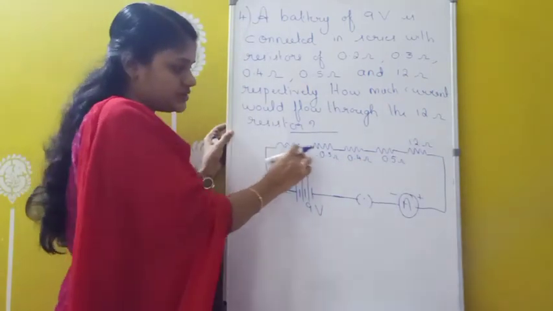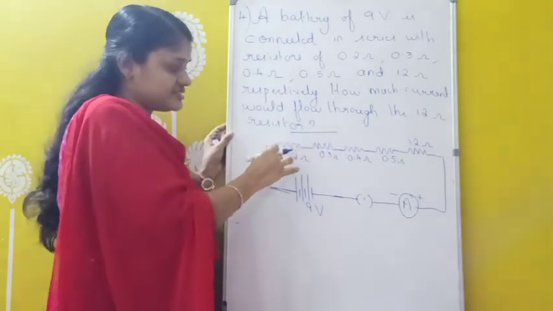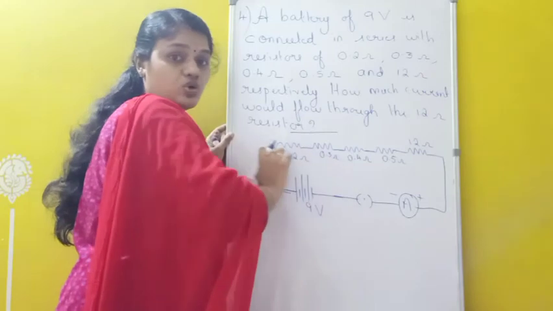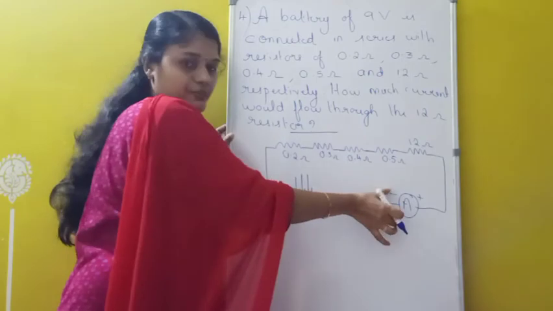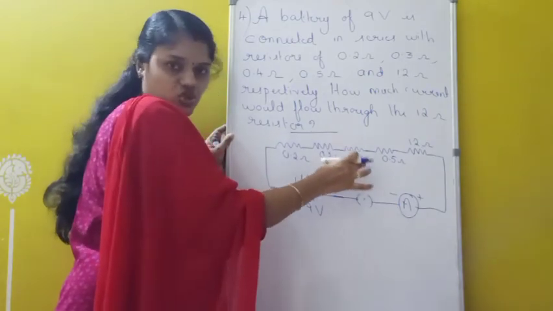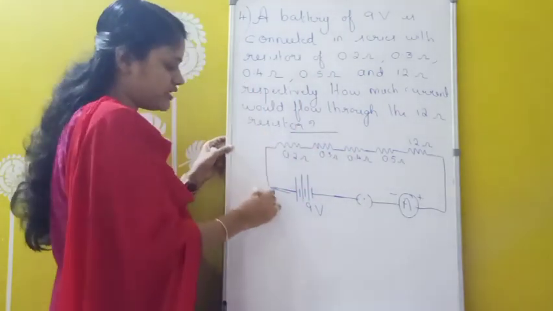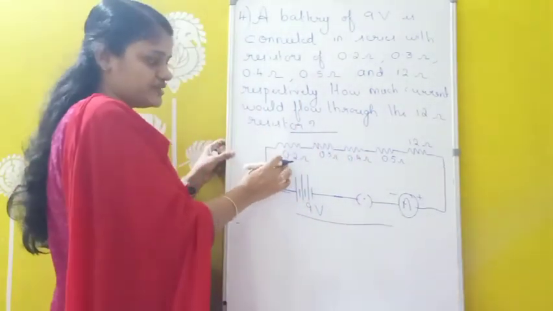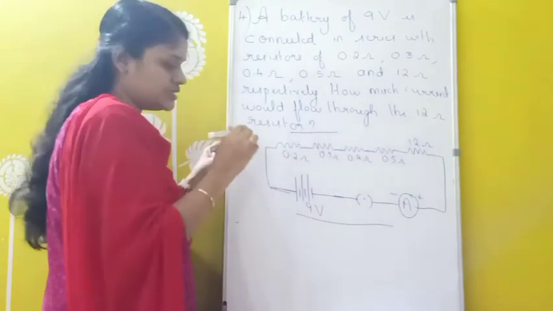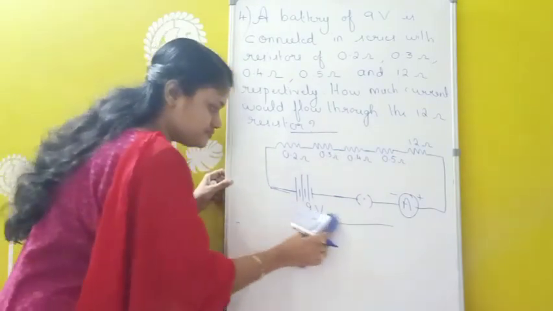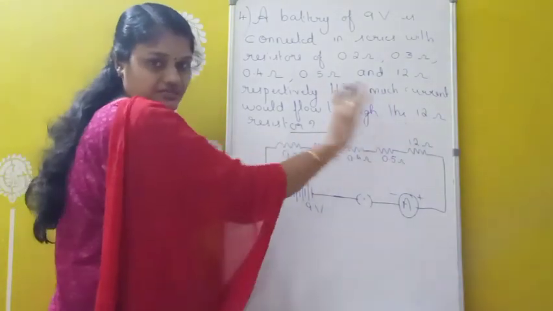And we know that all these resistors are in series. That means end-to-end connection. And I told you, whenever resistors are in series, the current is the same through all the resistors. So what we have to do here is find the total current. That is what this ammeter is measuring. So we have to find this total current, and that same current is flowing through all these resistors. Okay. So in order to find this total current, first of all we have to find the total effective resistance, because all these resistors are in series. Suppose I am taking R, capital R. So R is the total effective resistance of all these resistances.